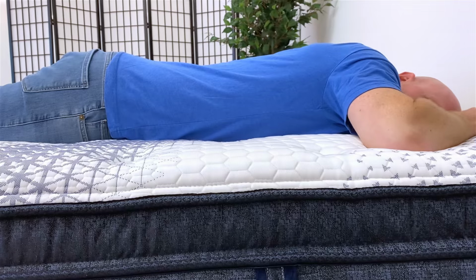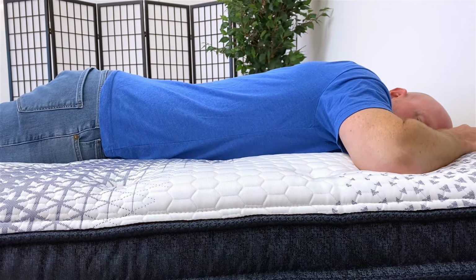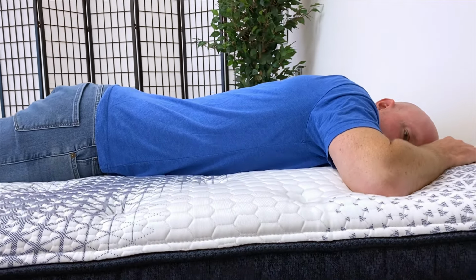possible exception of people over 250 pounds, where we'd still probably say it's good, but it might not be very good, just because since this is all latex, there is a chance that the heaviest sleepers might find that their back support, their heaviest section is just sinking a little further in than they ideally might want it, but still good. And then for stomach sleepers, this is probably the one sleep position that this is not as ideal for,